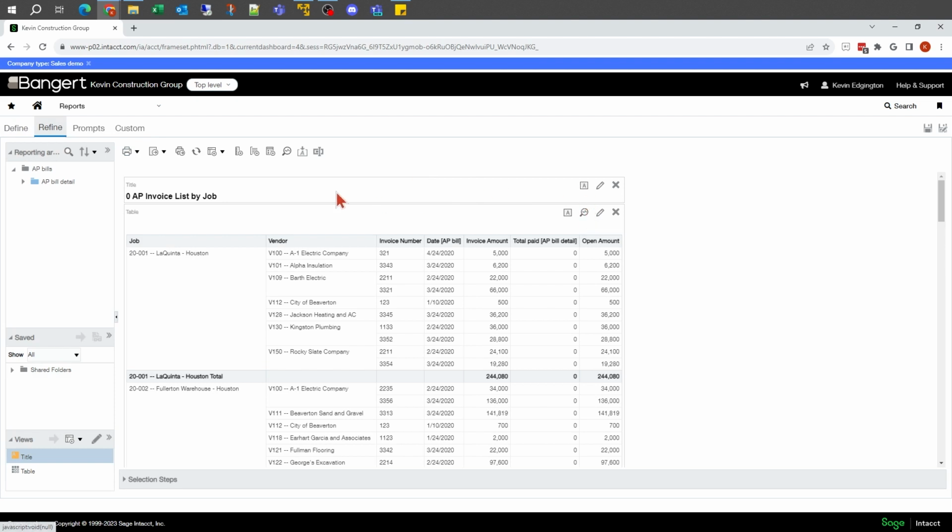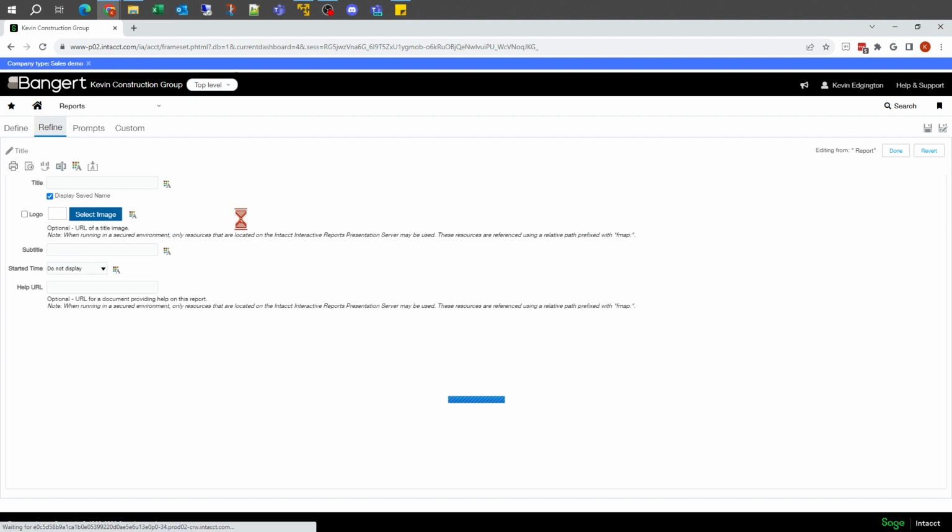So let's start with the title. One of the things I noticed is that I had the 0 in there for sorting, so that I wanted this report at the top of the list. In this case, I do want to edit that. And I might just say that my title is just going to be by job. And then for my subtitle in this case, I'm going to put in some text. So I'm going to go ahead and say job, and then I want to put my job field on it.